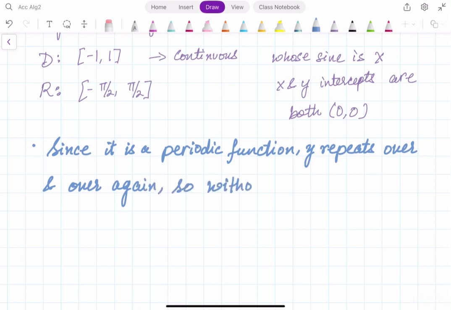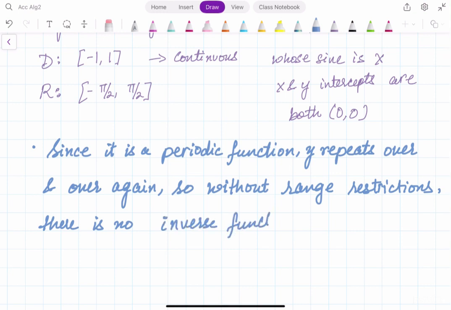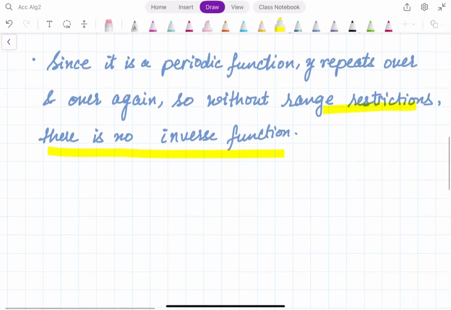So without range restrictions, there is no inverse function. Okay, that is very, very important. Now, keeping this in mind,